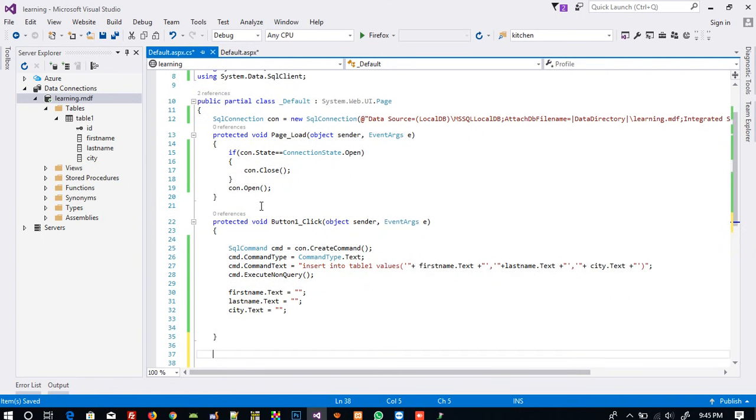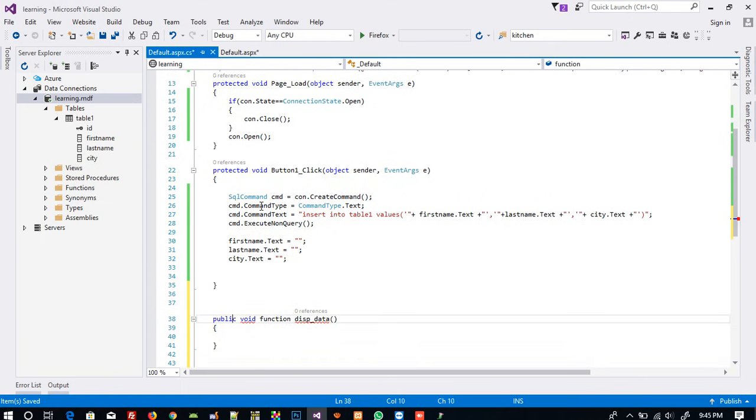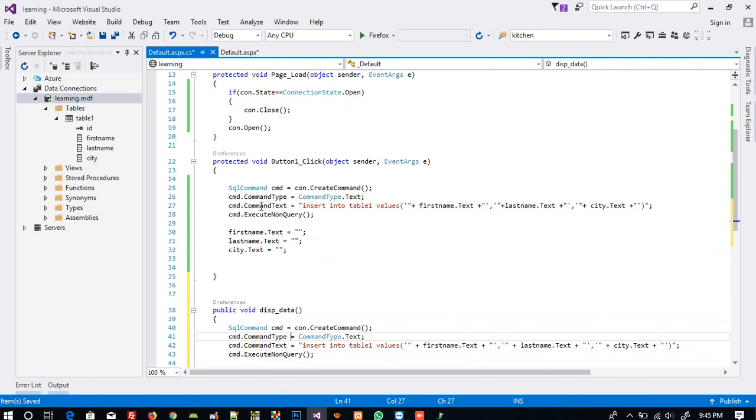So for the grid view, I am going to create a function here: public void disp_data. It means display_data. Now here again we need to write SqlCommand, so I'm going to copy this and paste it here. Here I am going to take select star from table 1,